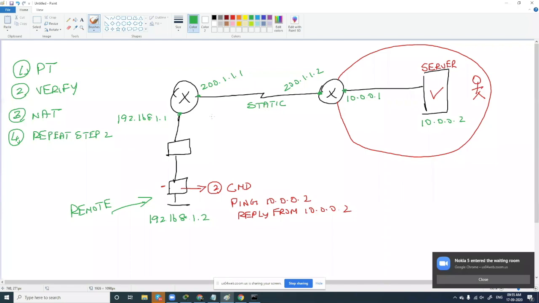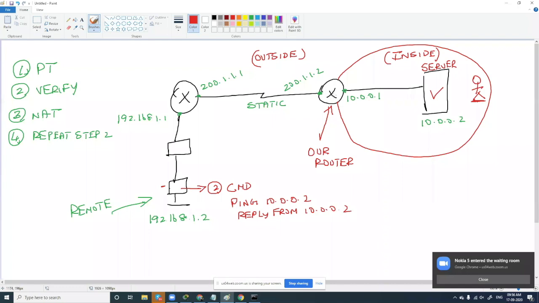So now configuring NAT. When you're configuring NAT, you will have to understand this. We have 2 types of network. One is the inside network, the other one is the outside network. Inside network will always be your LAN. So this is your inside network where you are placed. That LAN is your inside network, and the WAN here is your outside network. This is your outside network. So this is our router here. When this is your LAN and this will be your router, you will have control of this.